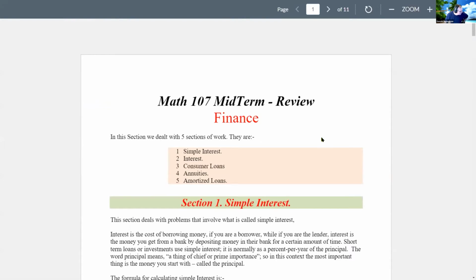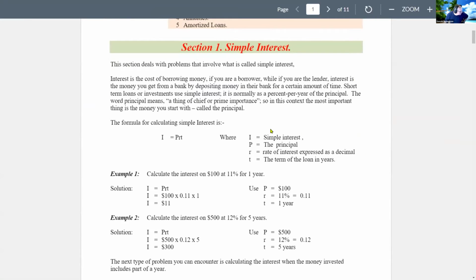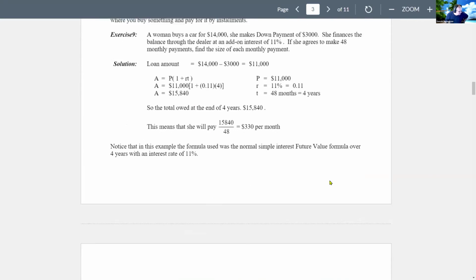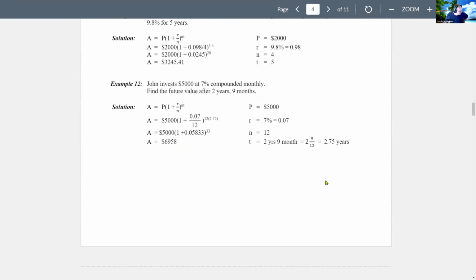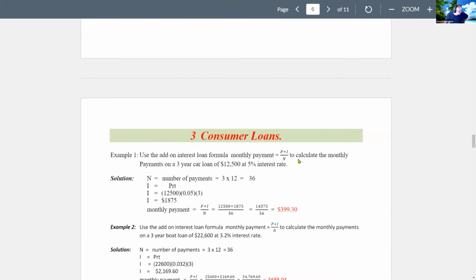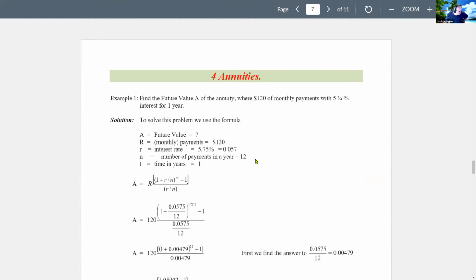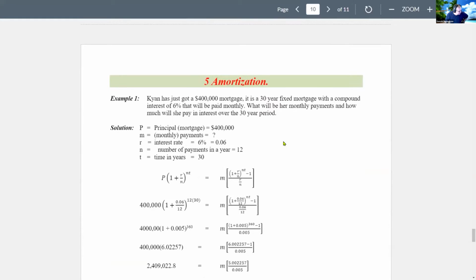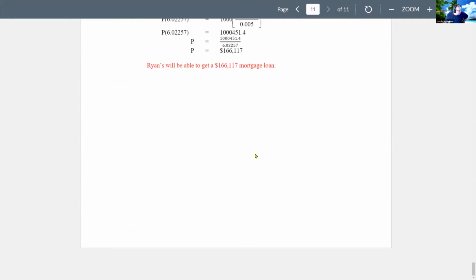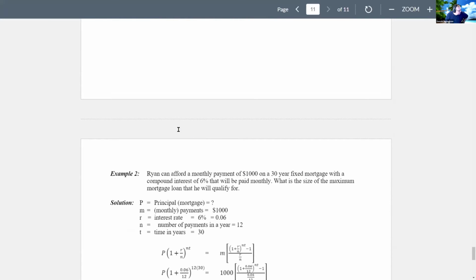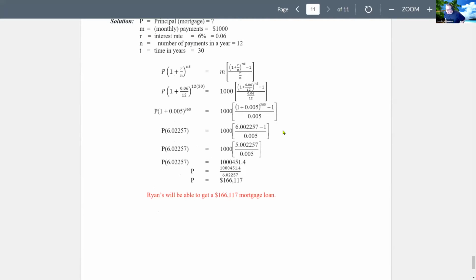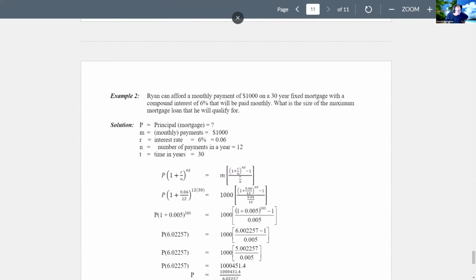examples of questions similar to what you might have done in your homework, but essentially showing you examples of simple interest, compound interest, the consumer loan section, annuities, and lastly, amortization. So what these questions are, there's a little story, blah, blah, blah, all the stuff you're going to use, and an example of it being done. And then I guess if I close this one,